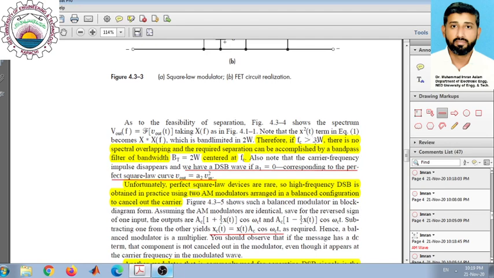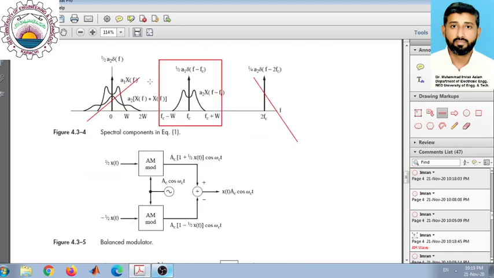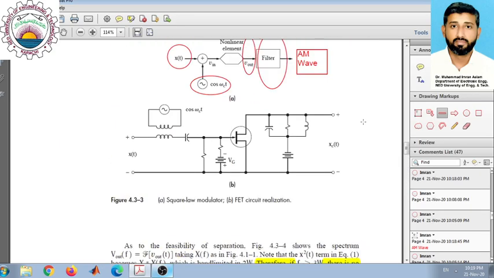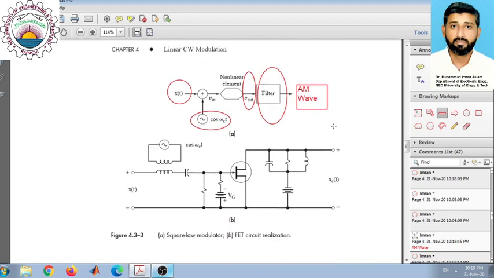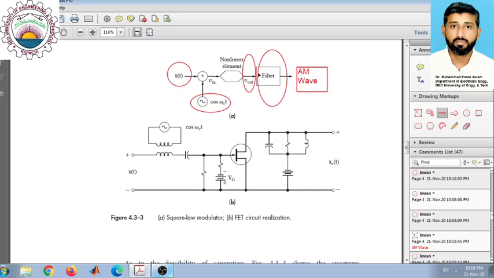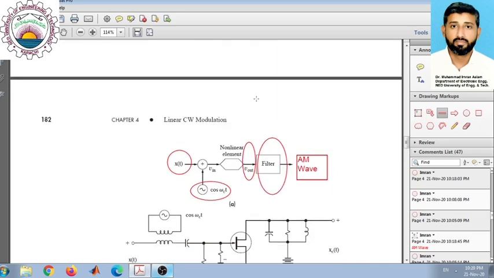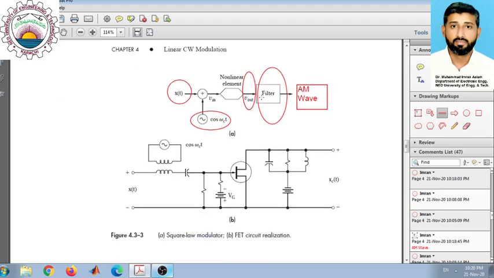Because this condition is normally satisfied, we can easily extract this signal by using this band pass filtering, and after the band pass filtering whatever we will get would be this AM wave. So this is how we generate the AM wave by using a nonlinear